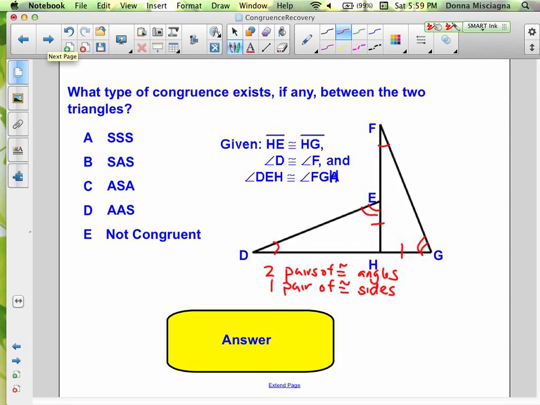All right, so look where your angles are. That side is not between the angles, right? The side that's between would have to use F and G in one triangle and side D and E in the other triangle. That's the one that's in between the angles, right? Because we can just match up the angles. There are the two vertices of the angles, so D and E, right? That would be the included side. So since this is the non-included side,